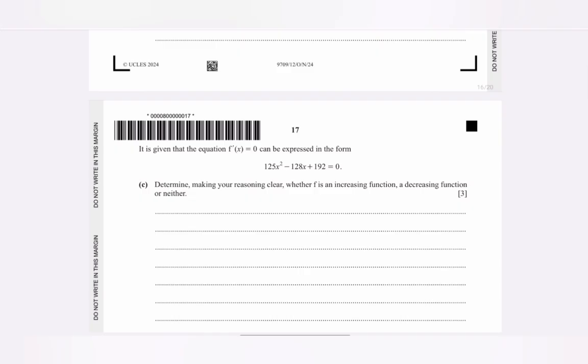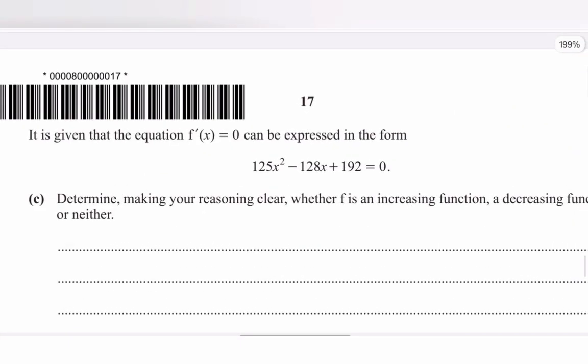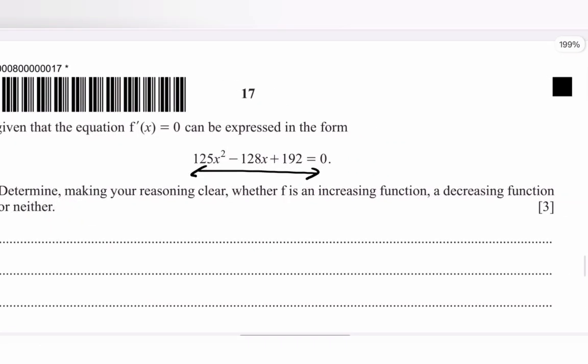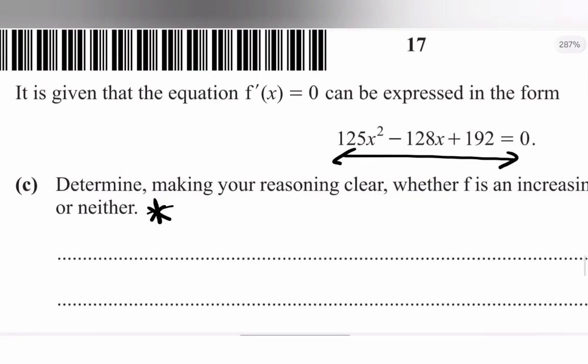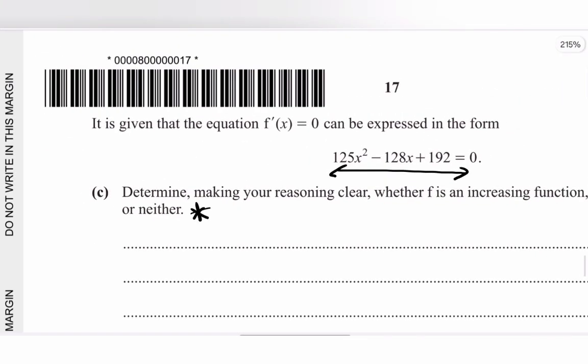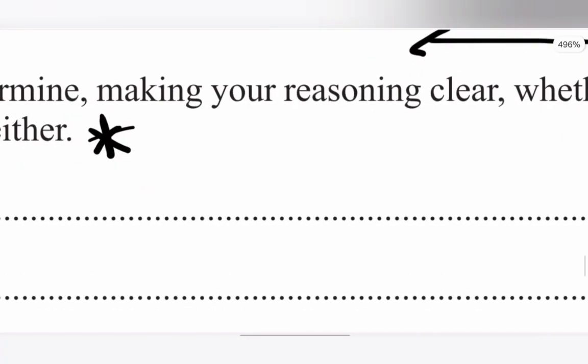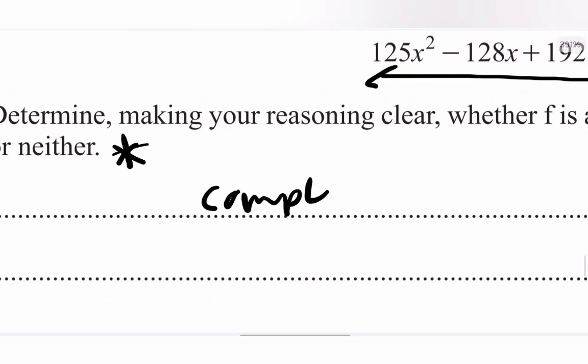So we know f can only be an increasing function when the expression for f prime of x is telling us that it's always positive, and it's a decreasing when it's always negative. We're not worried about this one for now. And for us to make those deductions, we are going to complete the square. Just going to complete the square,